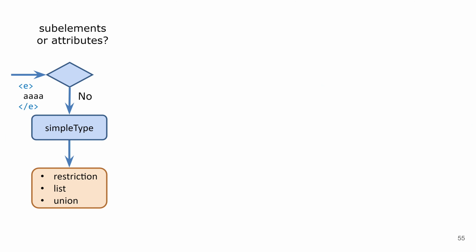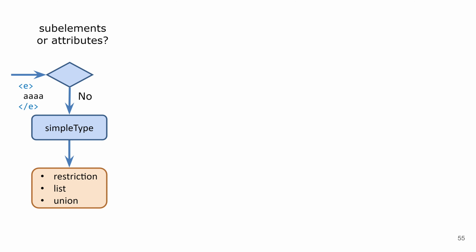Right, so before we get to specifying the content of the elements, we'll iteratively reveal a decision diagram which will lead you to the proper XML schema construct that you want to use for specifying the content of the element. So the first question is whether your element, which content you want to specify, will contain sub-elements or attributes. If the answer is no, then you should use a simple type to represent the element or specify the element content. And the simple type is one of the simple types in the hierarchy that we have already seen, or